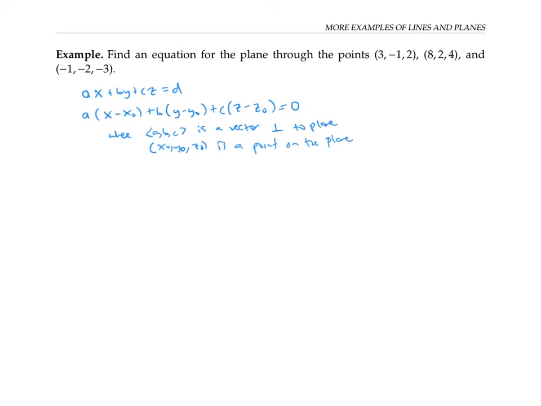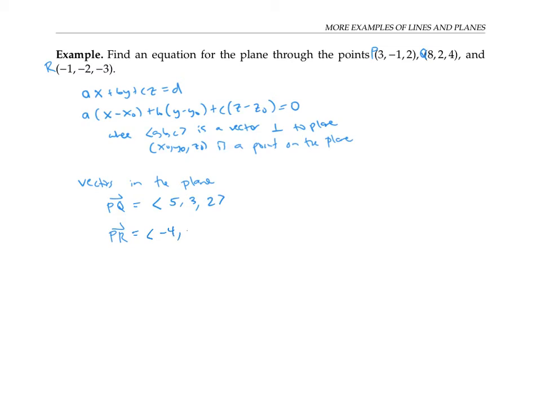Well, I could find some vectors in the plane, and the key idea here is going to be taking the cross product. Once we find vectors in the plane, when we take the cross product, that automatically gives us a vector perpendicular to those vectors. So let's find vectors in the plane. If I call this point P, this one Q, and this one R, I could take, for example, PQ and PR. PQ will have components (5, 3, 2) by subtracting coordinates, and PR will have components